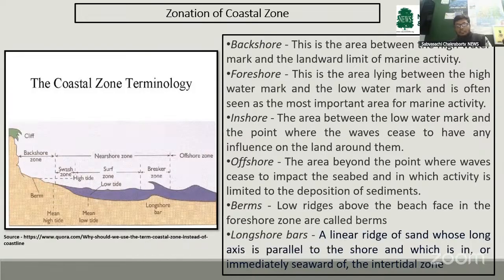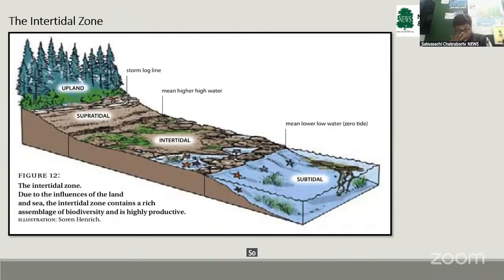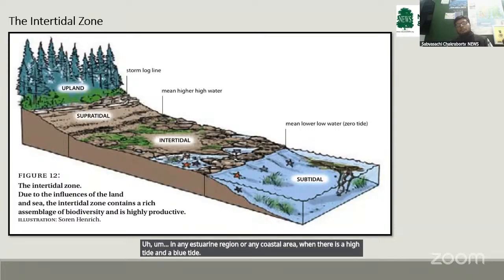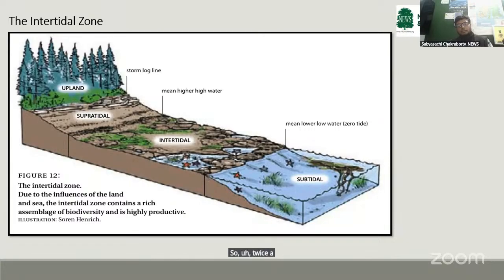So these are the coastal zonation of a coastal region. Now we come to the most important part, the intertidal area. In any estuarine region or any coastal area, there is a high tide and a low tide, so twice a day. On the high tide, the region gets covered, and after the water recedes, during low tide, a portion